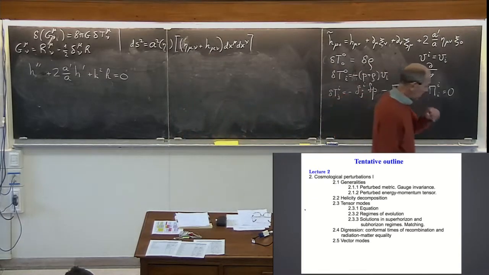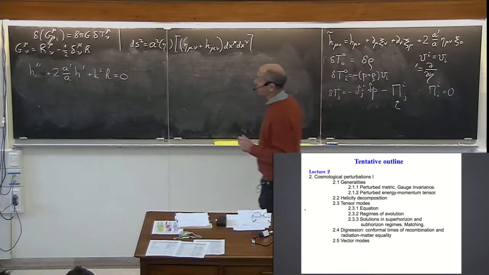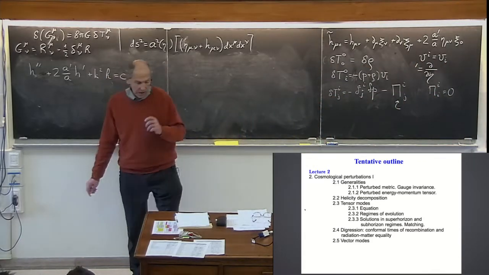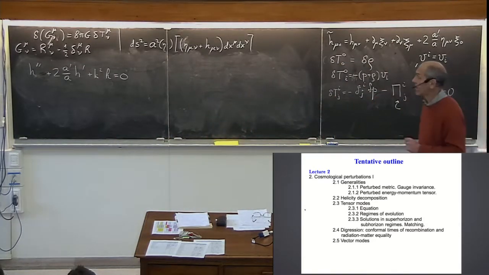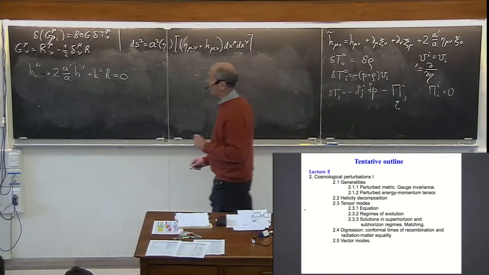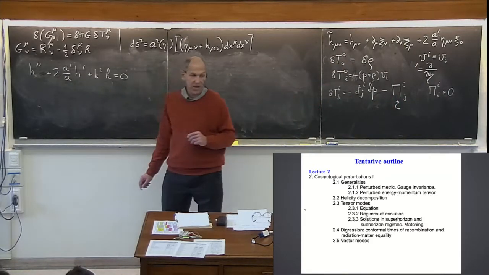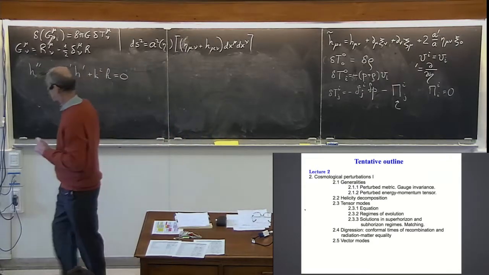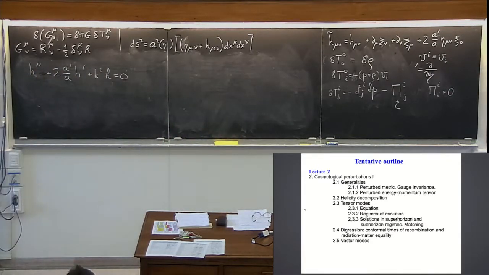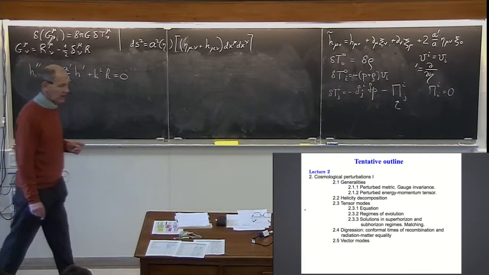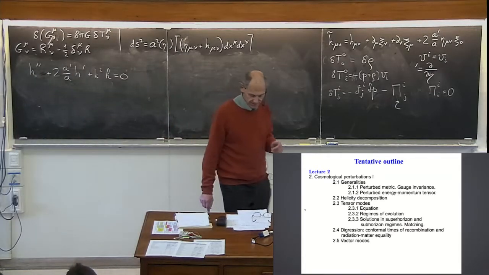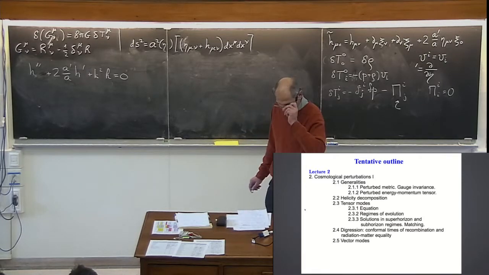And now, what are its properties? We immediately see that it's actually an equation for an oscillator with friction, time-dependent friction. The second term here acts as time-dependent friction, and it is often called Hubble friction. Since my scale factor changes in time, there is some friction term. It will be with us over and over again.